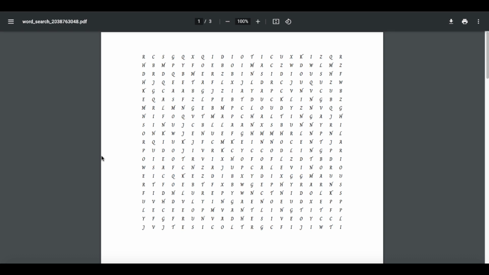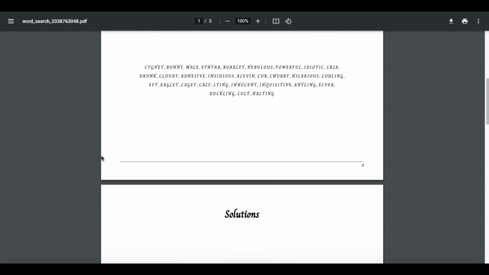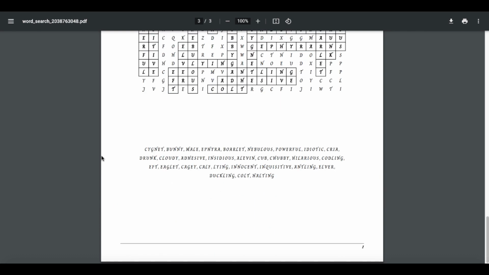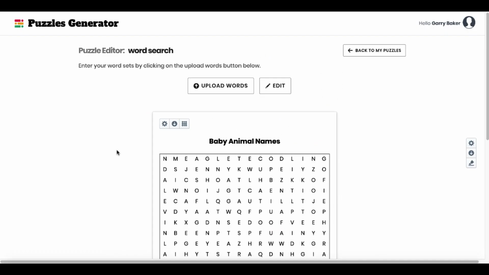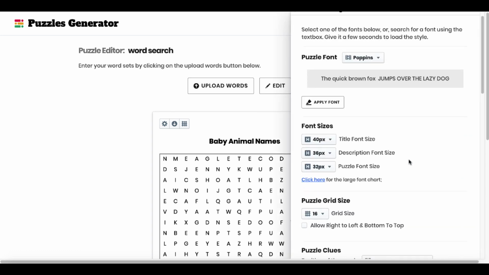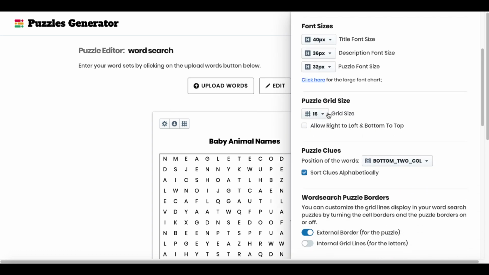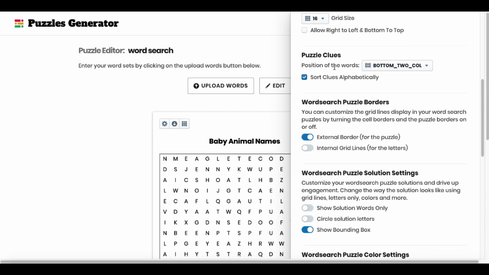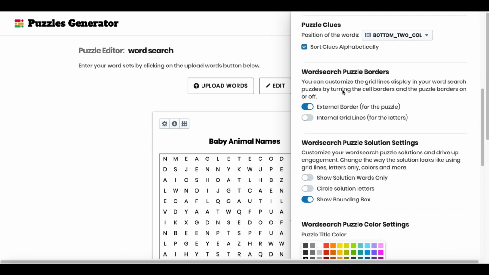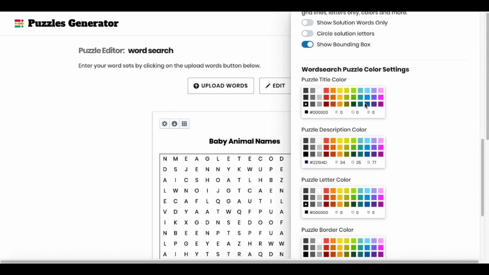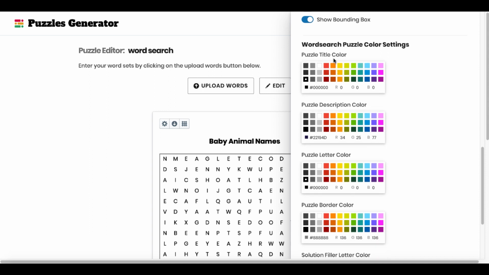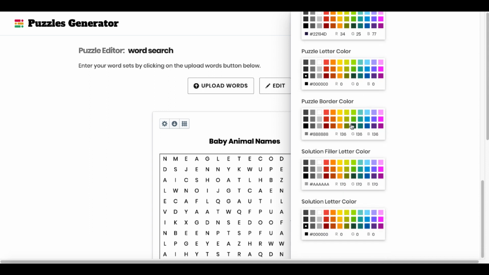I'm not very happy with the output that it provides you as far as the puzzle book that it creates itself in PDF. Instant Puzzle Generator inside of Puzzle Generator is probably the most powerful, with the ability to edit the global styles, change the fonts, apply the fonts, change the different grid sizes, change the positions of the word clues, sort alphabetically. Tons and tons of features to include changing the different colors for title, description, puzzle letters, solution